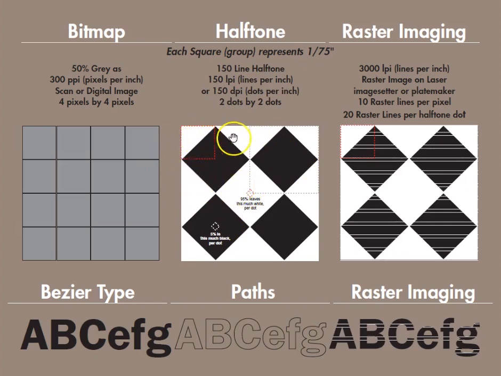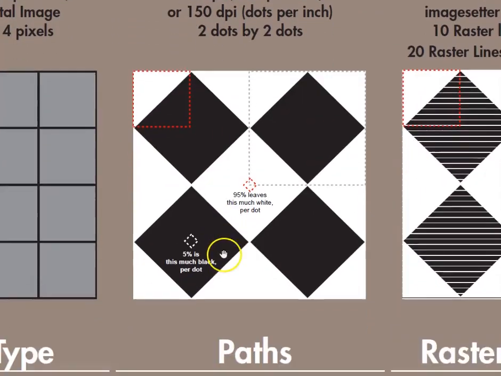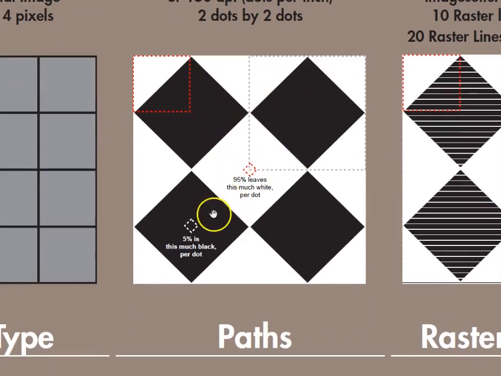So this has been misleading, because the dot itself is a square that makes up 4 of these squares that you see in the bitmap. But the way the screen is created at 45 degrees, it appears as a diamond here. Zoom in a little on this again. If this was a 95% gray, then everything would be white except for a little 5% area of each square. And if this was 5% black or a 5% gray, then this much would be a black dot and everything